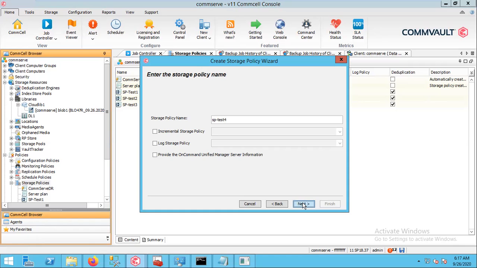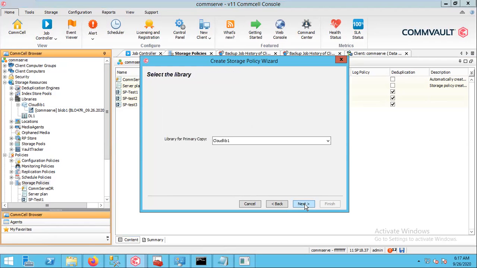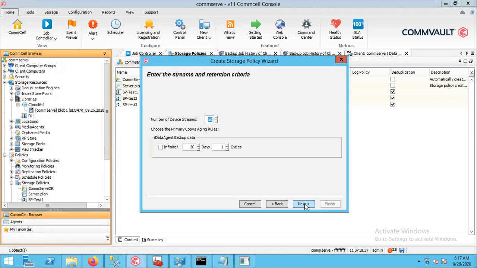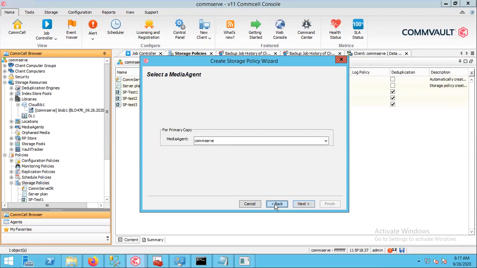Click on next. Once you click on next, it is going to ask you if you want to use an existing pool. Let's suppose we are not going to do any deduplication as of now. Do it without deduplication. If you want to do it, you can select that, if you have any global DDB or something like this available. Okay, one minute. I think I need to select the correct library. So it's a cloud library only. Now you can see in the data path, I have selected cloud lib one only. I have a DL1 as well, which is a disk library, but I will select cloud lib and click on